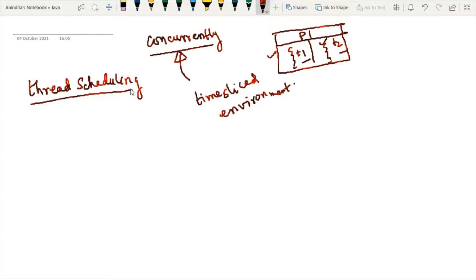See, the methods of thread scheduling are different on different Java platforms. You have to keep this in mind. Whatever thread scheduling mechanism we are using, it differs on different Java platforms.